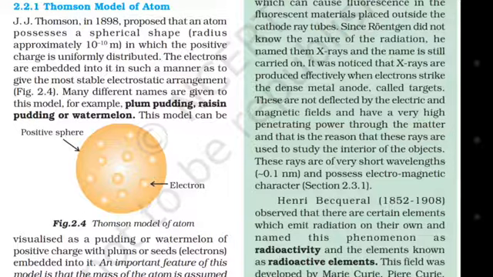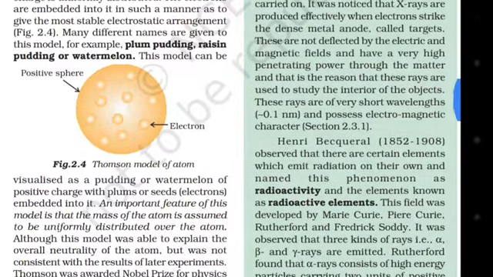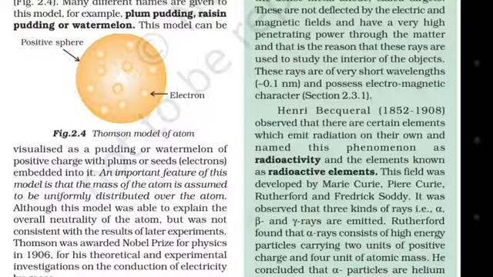The electrons are embedded in it in such a manner as to give the most stable electrostatic arrangement. Figure 2.4 Thomson model of atom. Many different names are given to this model, for example, plum pudding, raisin pudding, or watermelon. This model can be visualized as the pudding or watermelon of positive charge with plums or seeds (electrons) embedded into